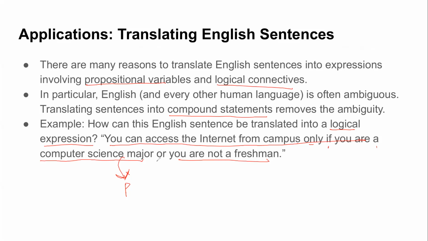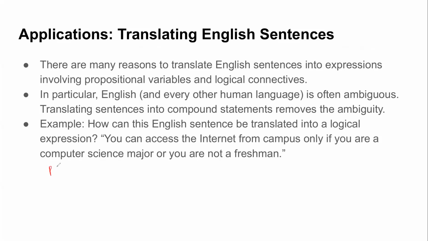So by precise, I mean if I have to, suppose, apply some operation on it, suppose a negation or an operation with something, can I do it easily? You cannot, right? Because there are so many aspects to it. There is access to internet, there's computer science major, there's freshman. It's not a very good idea to represent all these conditions as a single variable, right? Exactly, Hasi. The best way is to break it down. Okay, can you suggest a possible breakdown? What could be a good breakdown of this? Okay, so tell me. Suppose the first propositional variable I consider is p, so what should I keep p?